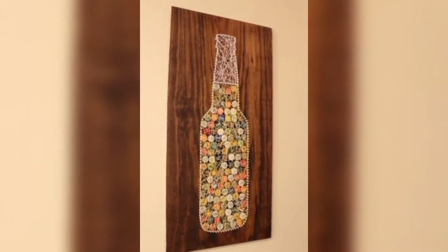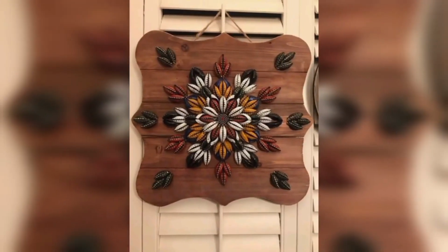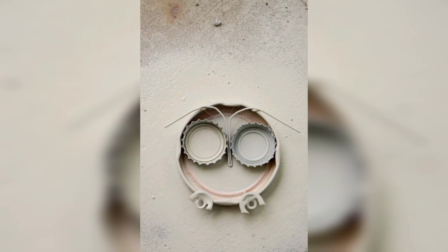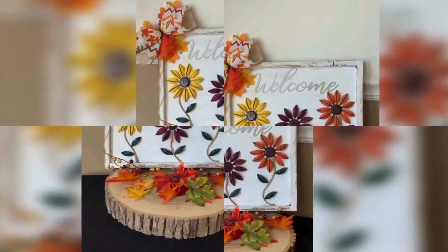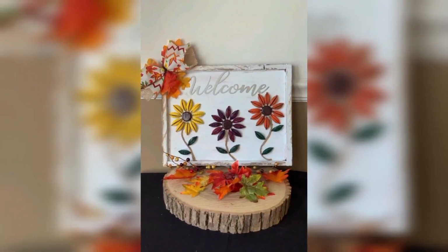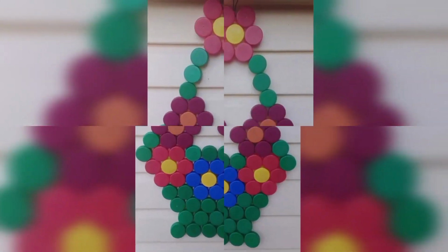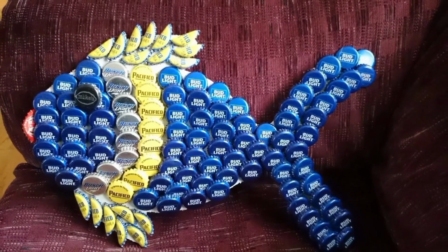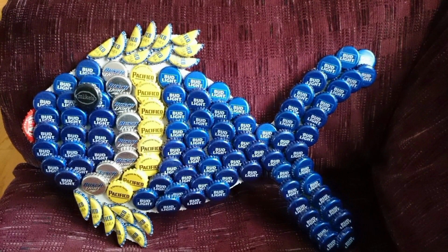And the third one is bottle cap picture frame. Transform a plain picture frame into a unique and eye-catching piece of decor by gluing bottle caps around the edge. To create a bottle cap picture frame, you will need a picture frame, a hot glue gun, and a collection of bottle caps. Start by arranging the bottle caps around the edge of the frame in a design that you